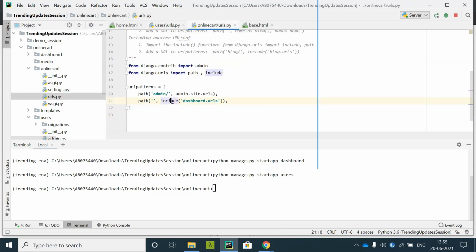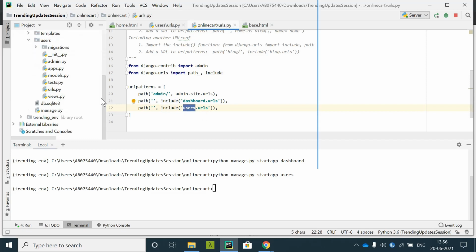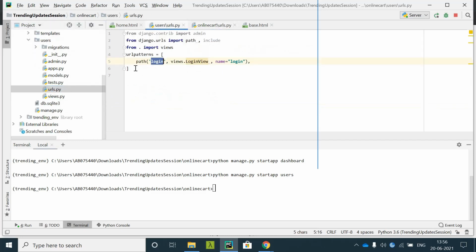Now this URL should be added to our project directory. How do we do that? We will be doing it like this. Just say users. So whenever the request is generated, it will come first to the project urls. It will see this URL is empty, and it will go to the users.urls. In the users.urls, suppose the login path is given, it will go ahead and check for the login, and it will go to the views login view. And this login view is not currently present.